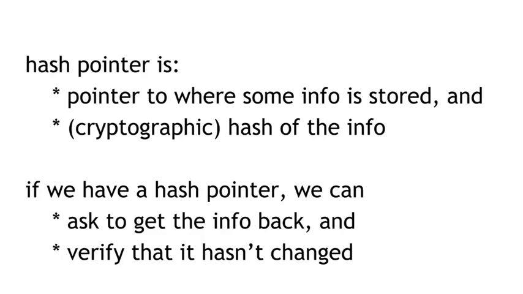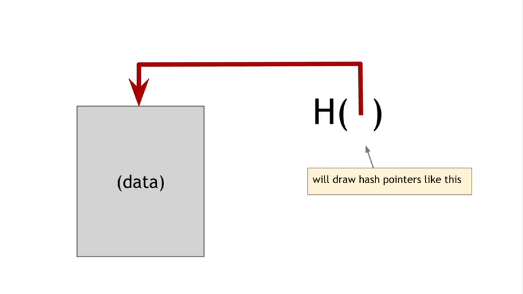let us ask to get the information back. And it's also going to let us verify that the information hasn't changed. So a hash pointer tells us where something is and what its value was. Okay, and we're going to draw a hash pointer in diagrams like this. We're going to have H of and then an arrow that points to something. So anything drawn like this, think of it as being a hash pointer to this thing. It's a pointer to where it's stored, and it's also the hash of the value that this data had when